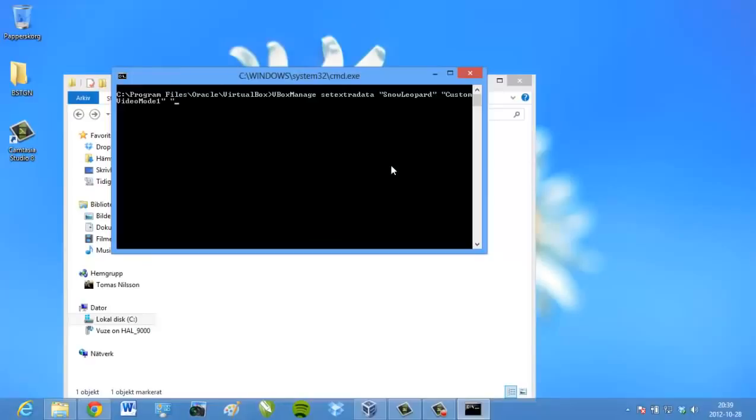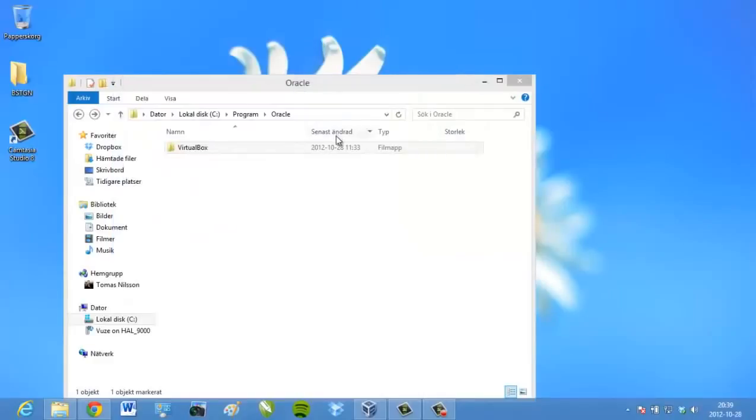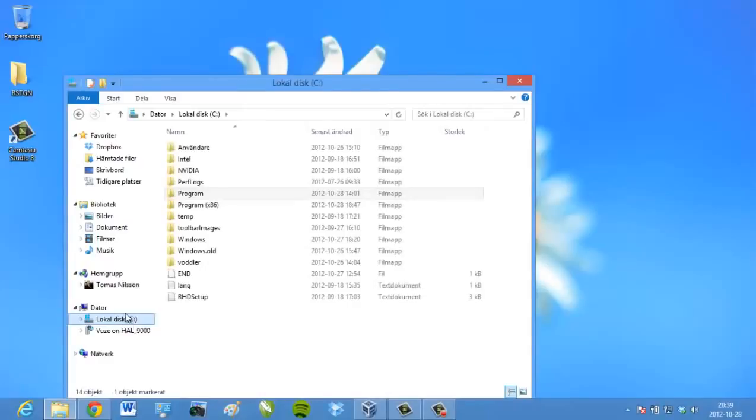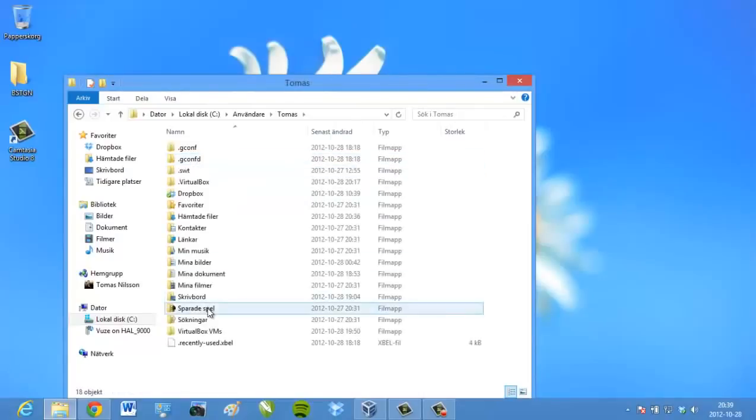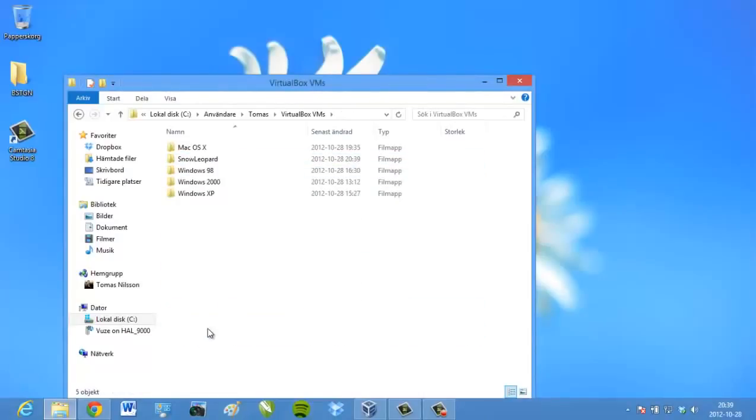Quotation mark, resolution 1360, something that's dividable by 8, times 768 times 32. Quotation mark and enter. Seemingly nothing happens, but I can show you it has. We can prove this by entering local disk C, users, your name, VirtualBox VMs, Snow Leopard,